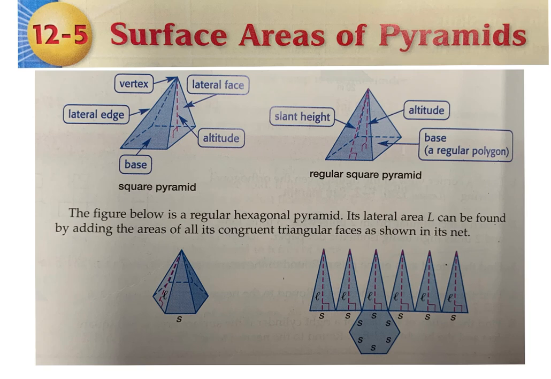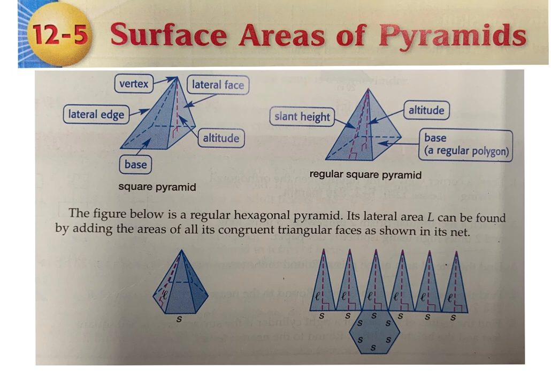So surface area is the area of the surfaces. I mean, that's pretty straightforward. For a pyramid, however, in a prism, we had rectangles as our sides. In a pyramid, we have triangles in our side. So we are still going to use the perimeter. However, we're going to use